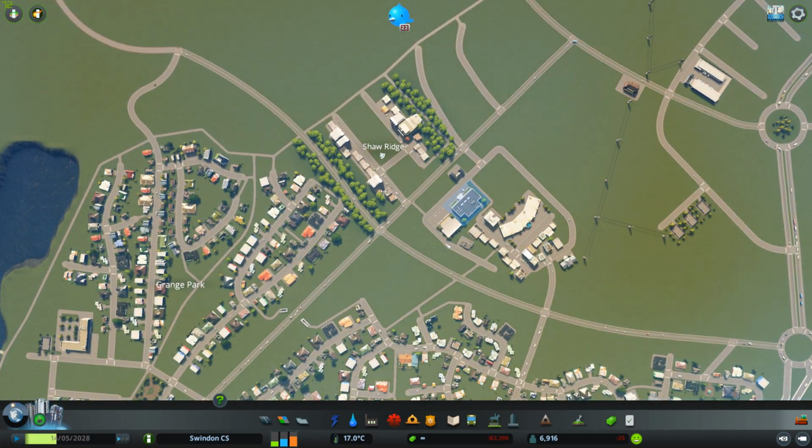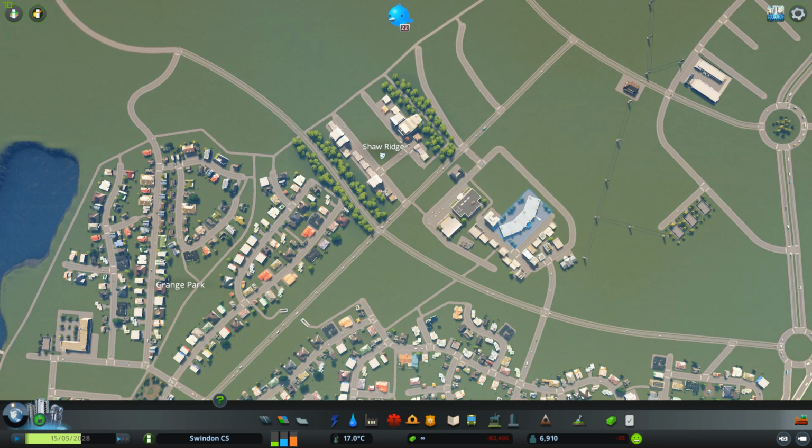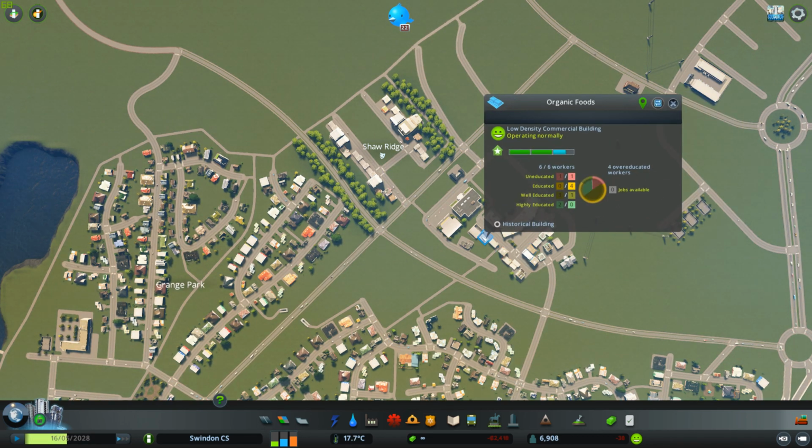This is the local shopping centre. Don't know if it has a name actually, just West Swindon Centre, I guess. So we have a large supermarket there, and we have a sports centre there. So again, I had to be a bit creative with the available assets. It's not really a mall, it's just a supermarket with some other shops, so I've just thrown some low density